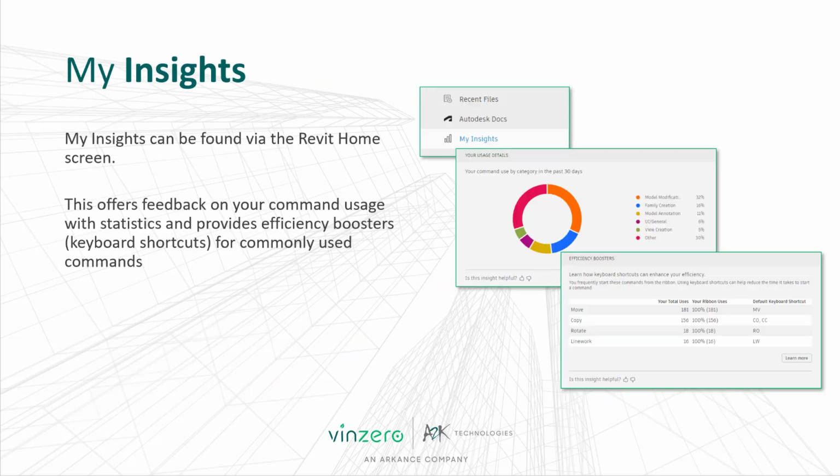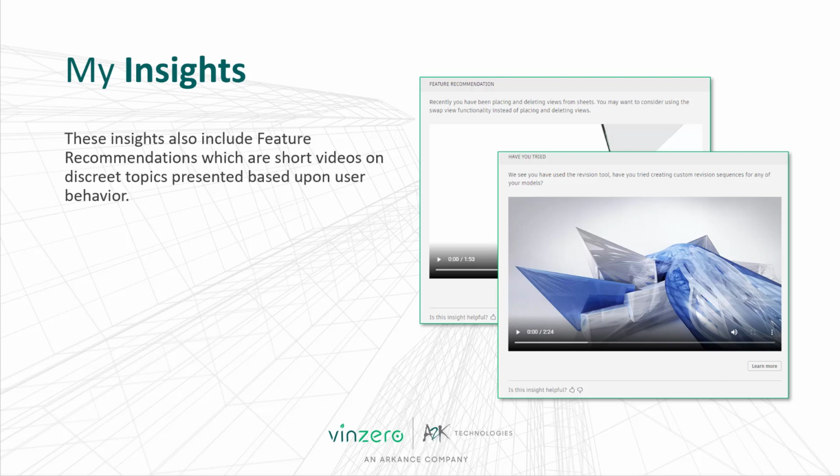My Insights can be found on the Revit home screen. This offers feedback for your command usage with statistics and provides efficiency boosters for your commonly used commands, such as keyboard shortcuts. These insights also include feature recommendations, which are short videos on discrete topics presented based on your user